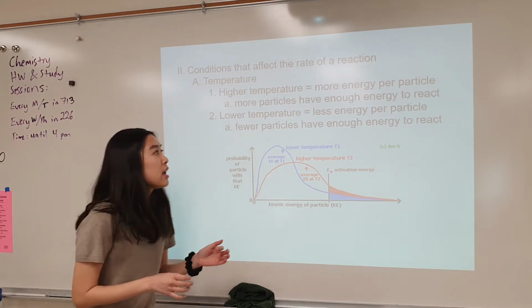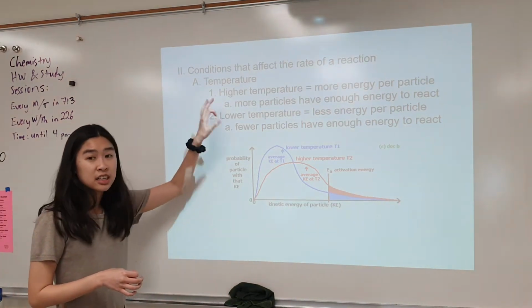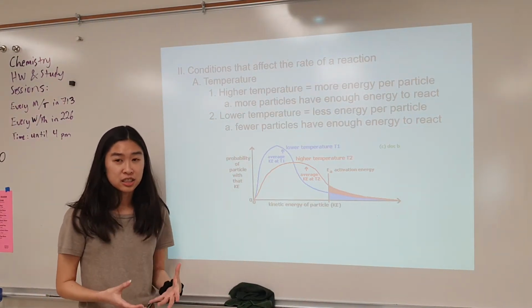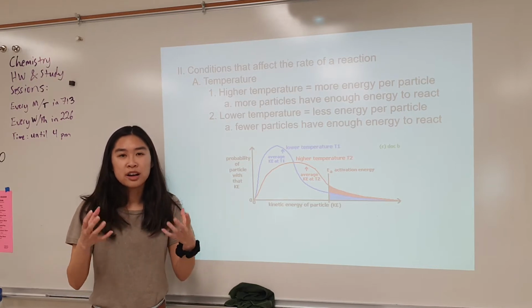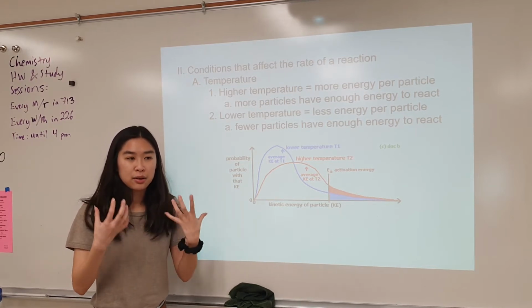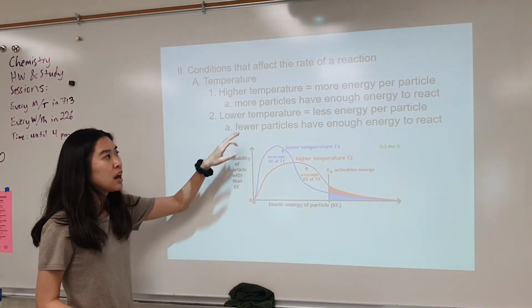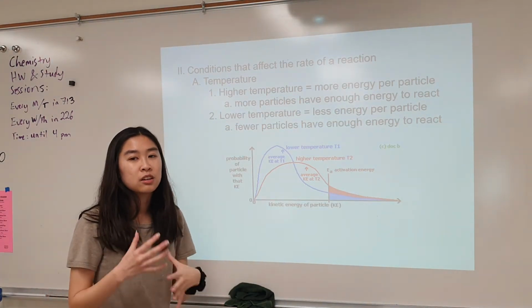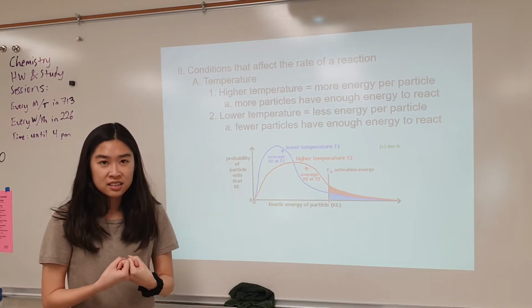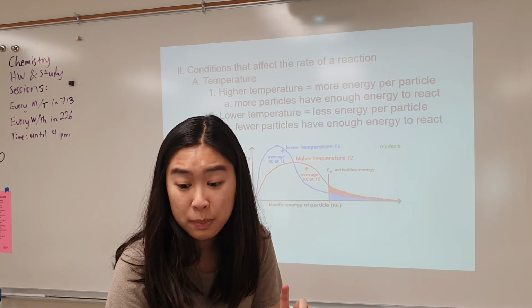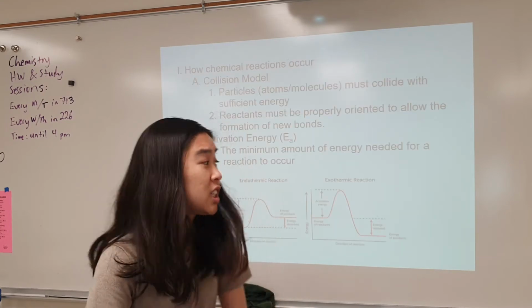And so if a substance has a higher temperature, the particles in that substance have a higher kinetic energy, which means that they have more energy to collide with each other and create a reaction. Whereas substances with a lower temperature have less energy, and so they are less likely to collide and have a reaction. And so if we go back to our activation energy graphs,